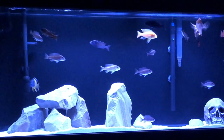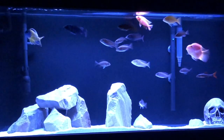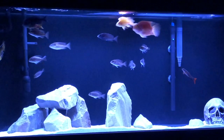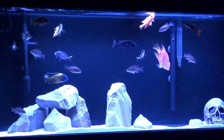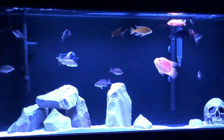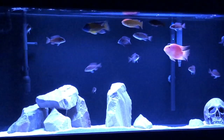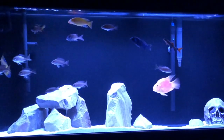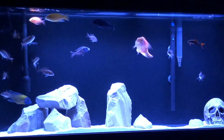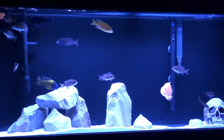As you watch this clip more with the bright light on, the chasing, the harassing, the bullying will just become a little bit more. And this is all stuff that can stress out the fish. So if you think about it, if you take away that light and just have a little lamp light in the room that just gently lights the tank, then those colours aren't going to be as vibrant for the fish, and they're not going to be able to see each other as good, which leads to a decrease in aggression,